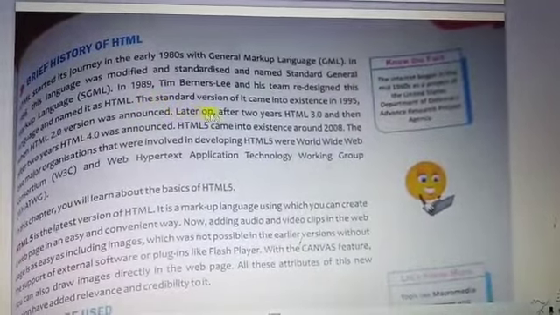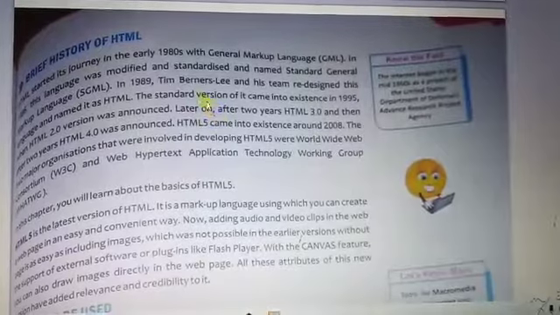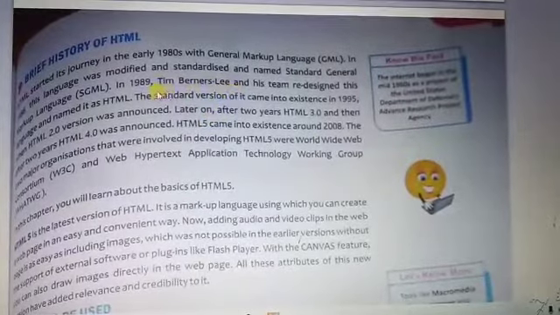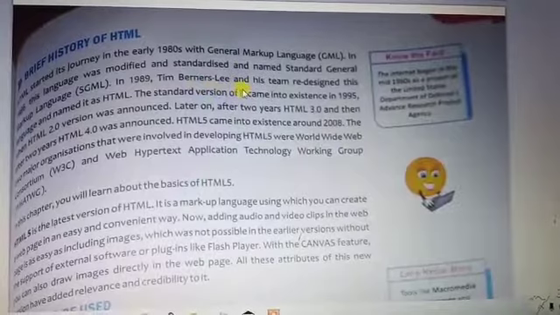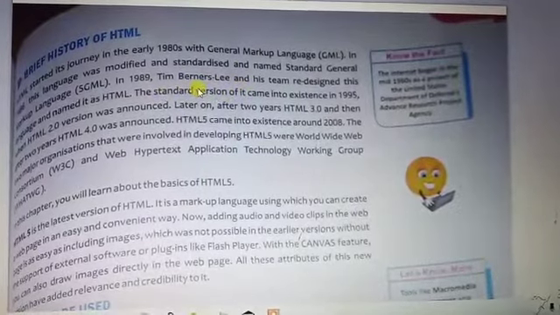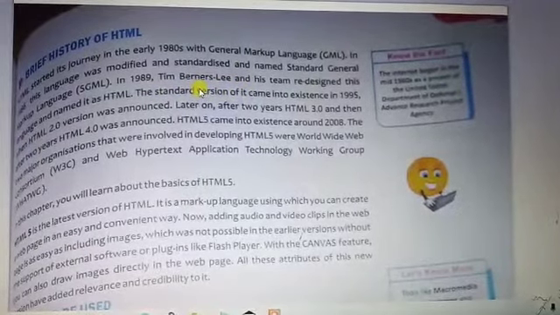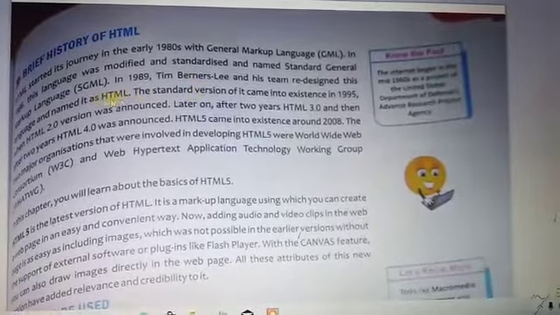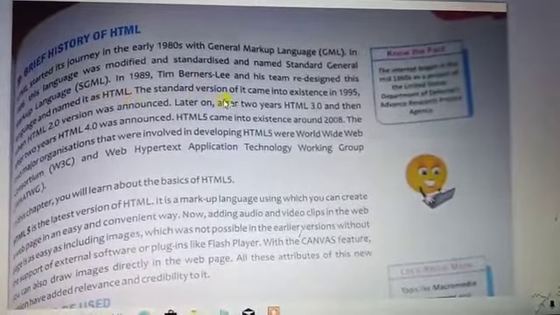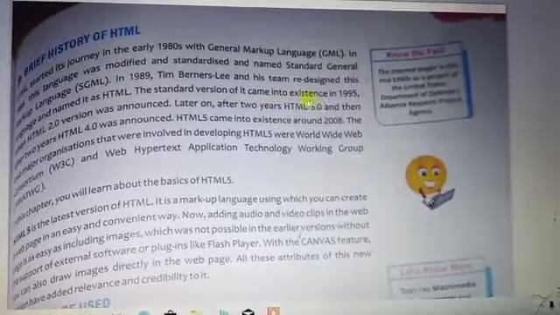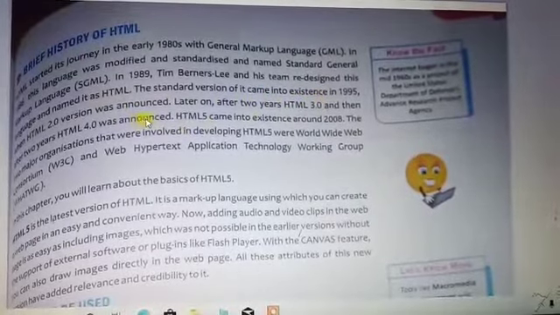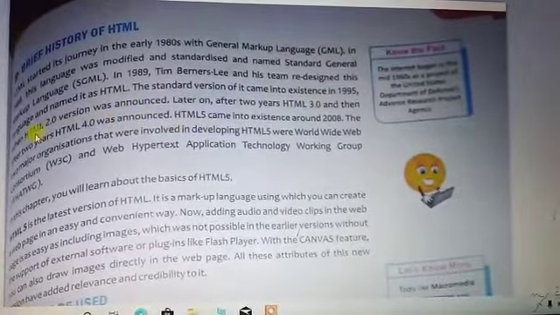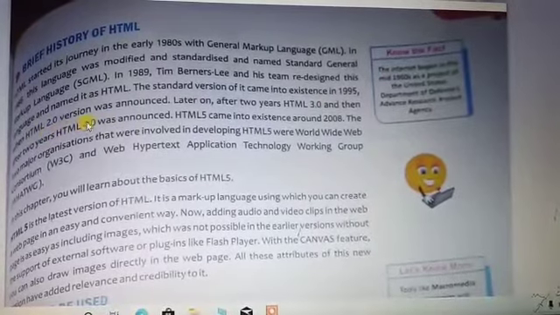One of the developer scientists, named Tim Berners-Lee, redesigned the language package and named it HTML. The standard version came into existence in 1995 with the HTML 2.0 version.